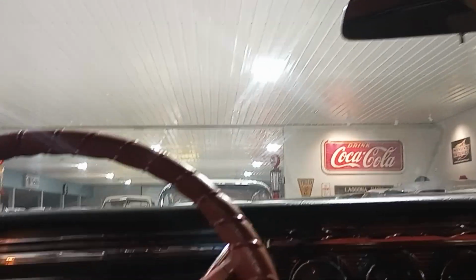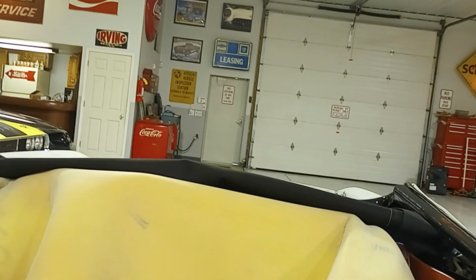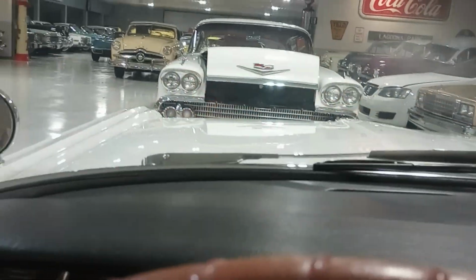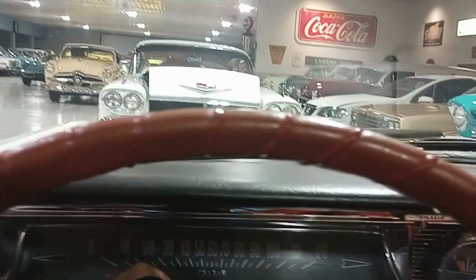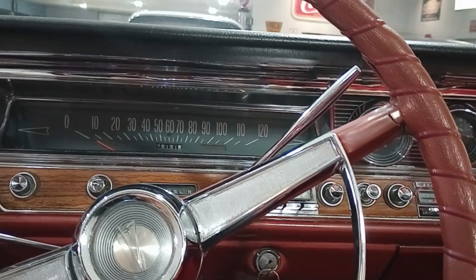The visor's back in place. And let's see if we can show this. Okay. Headlights on. Let's see. Wipers on. Horn works. We're not going to get any radio reception inside the building here, so it's kind of pointless, but